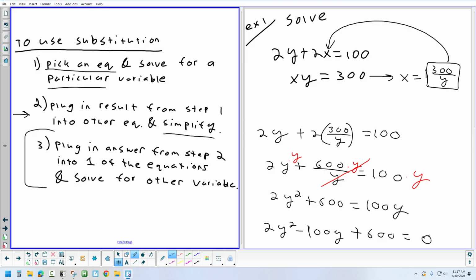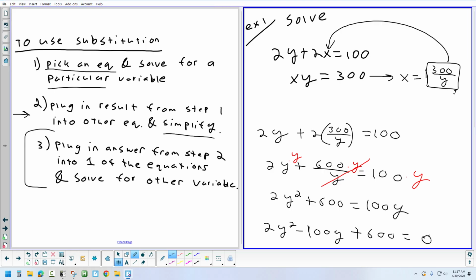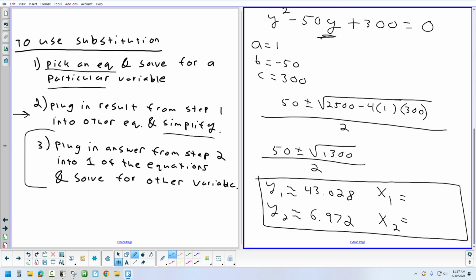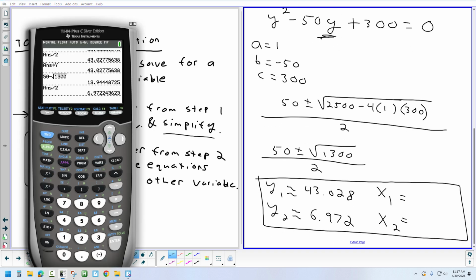The second equation. Yeah, specifically the way we rewrote the second equation, because it already has x by itself. X is 300 divided by y. So just take 300 divided by your answer, and that's what you get for x. So 300 divided by, now I did store that in the calculator, that first answer. I stored it as y. So I can do 300 divided by, and it'll use the 43.028. And I get